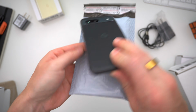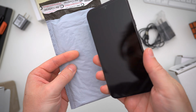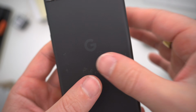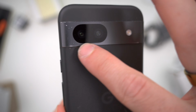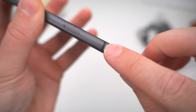It is actually a Google Pixel 8a that I bought for $294 from a company called RDX. And unfortunately, this phone is kind of rough. Well, actually, it's sticky for some reason. I think there was a big, huge sticker here that left some residue, but it's also just not in the best condition. Aside from the scratches and mystery marks that I'll come back to in a second,